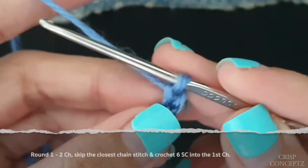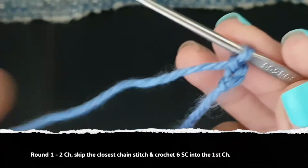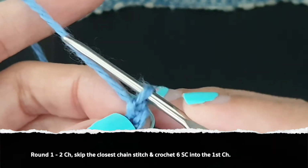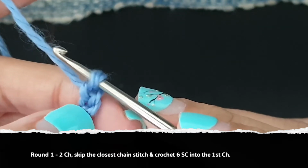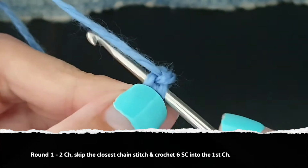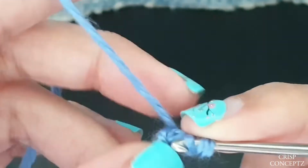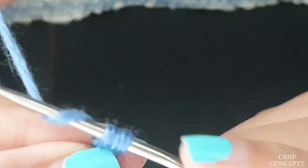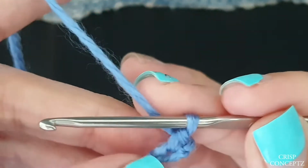Now we're going to do the first round of the whale. For the first round, we'll skip the chain stitch closest to the needle, and we'll start working on the first chain stitch, and we're going to crochet 6 single crochets. This is the first one. Six single crochets into the first